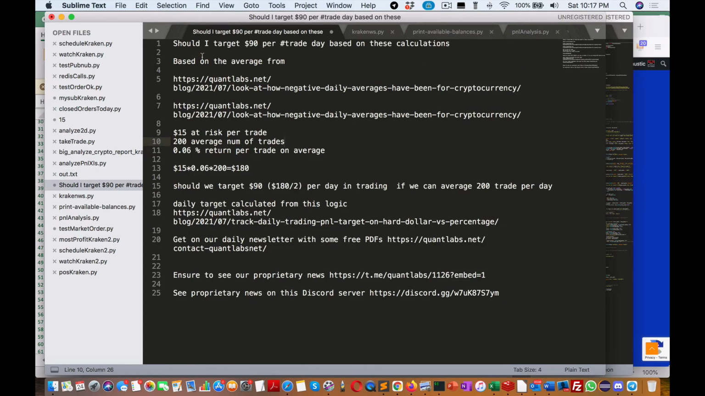Okay, so what I want to show here is: should the average daily target, using that Big Mike's similar code to Python, be $90 per trade based on these calculations? Based upon what I've shown you and the links that I have, I figure if I want to allocate $15 per trade, I do that. That's a minimum test. And then calculate based upon